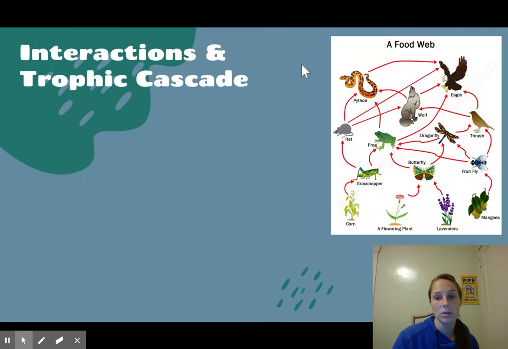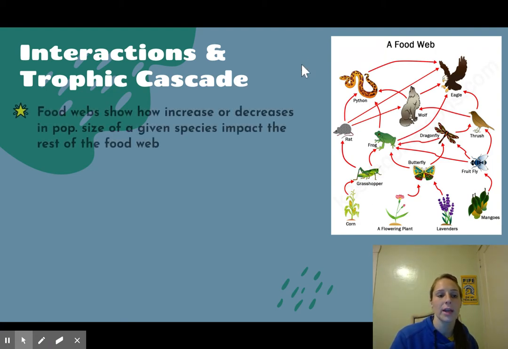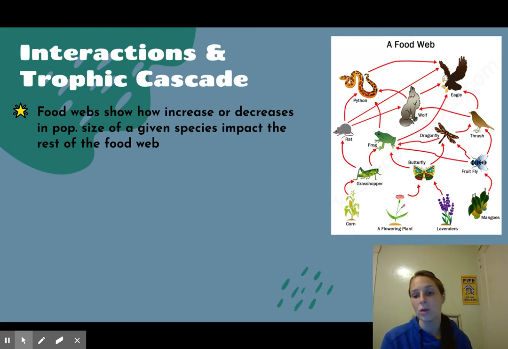And what you also start to see with a food web is some of the interactions and then what's called a trophic cascade. So food webs show us how an increase or decrease in a population size of a given species might impact the rest of the food web. And you can use this food web to use the arrows to track through to find a step-by-step of how something might be impacted by a